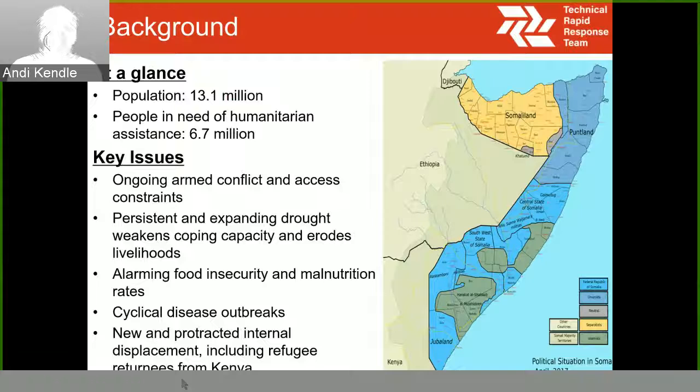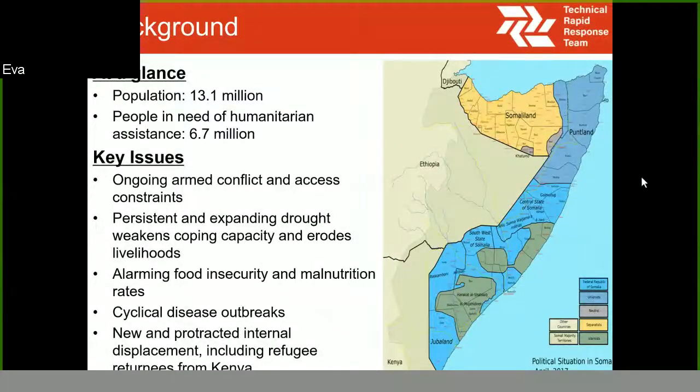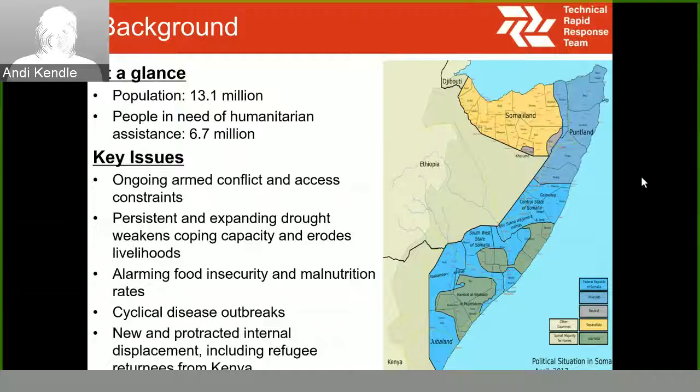Unfortunately, I think we've got a thing at the bottom of the screen, so you're going to miss a little bit of a bar at the bottom. I'm sorry about that. I can't get it to turn off. We were trying to switch presenters, but it hasn't worked. Okay, Fatmata, can I hand over to you to start going into the background of the deployment and the situation in Somalia?